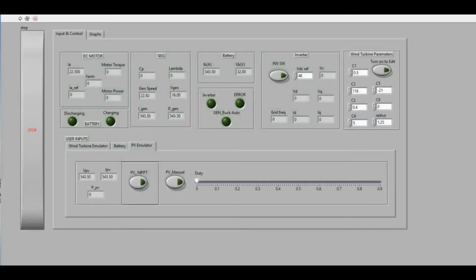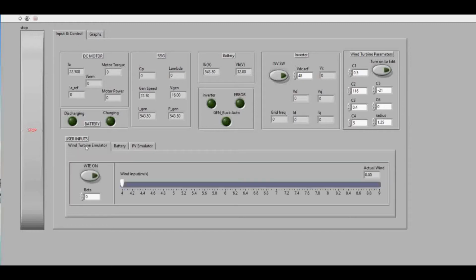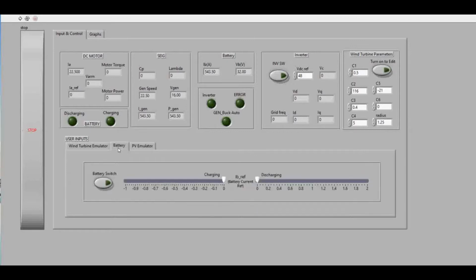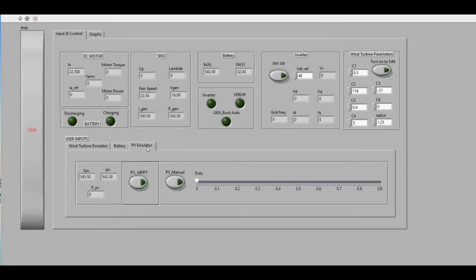Before starting the demonstration, let's understand the software first. So this is the hybrid system software, which is divided into two parts. First part is input and control, from where we can see all the measurement parameters and we can control all the various sources. So we can control wind turbine emulator, we can control battery, we can control PV emulator.